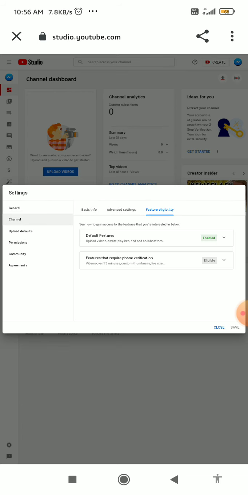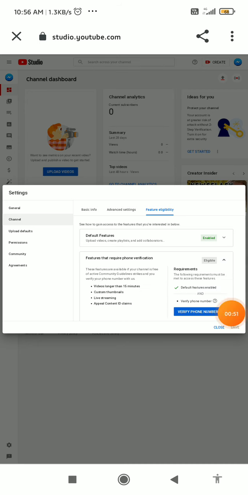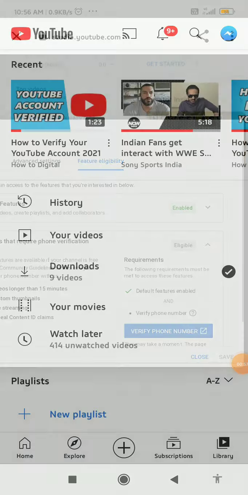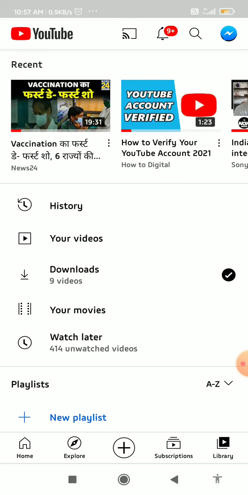and then click on the feature eligibility, and then click on this, and here you can see the verify your phone number. Then tap on this, and this new window opens,